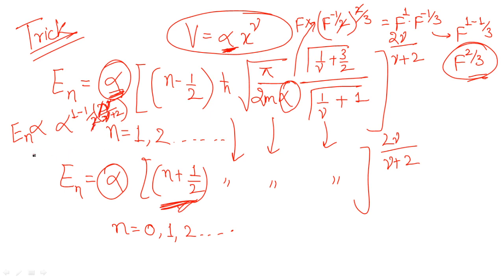So what you will get now is alpha to the power 1 minus nu upon nu plus 2. You can write it like this: nu plus 2 minus nu upon nu plus 2. So you will get 2 upon nu plus 2. What was nu in our case? It was 1, the power of f. So it is 1 plus 2, that was 3. So alpha to the power 2 by 3, and here also you are getting the same thing. That's how you can simplify it and get the answer quickly and in less time.